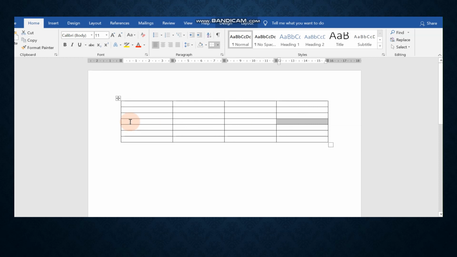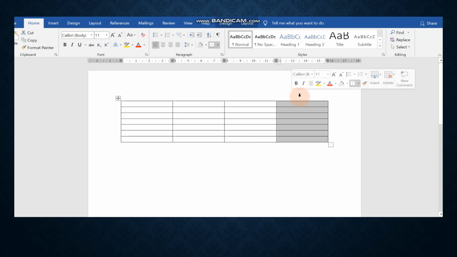Suppose you want to select the entire row, then you have to place the mouse here at left hand side corner and then you have to click it like this. So your whole row will be selected. Suppose you want to select one column over here.